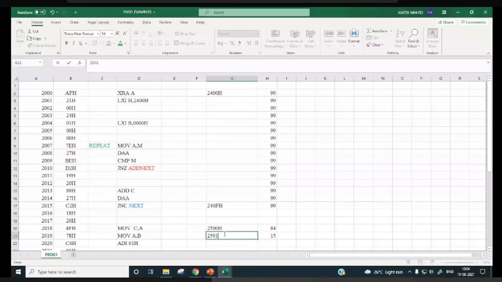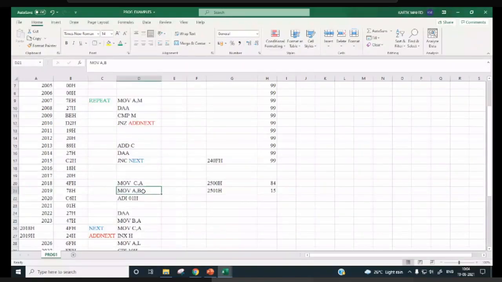So in this program, so many instructions are there. You can see XRA, you understood, to clear the accumulator. LXI, right? LXI-H 2400H, 16-bit data is transferred to the H register pair. But here, this 16-bit data is being used as an address, no? In this instruction, again 16-bit data is transferred to the BC register pair, but this is used for storing the data, arithmetic operation results.